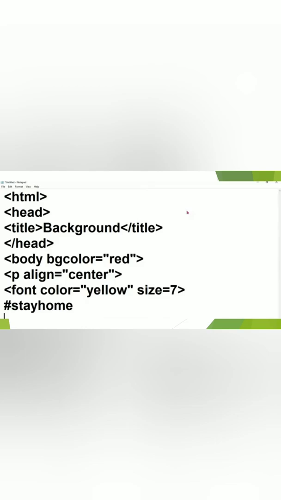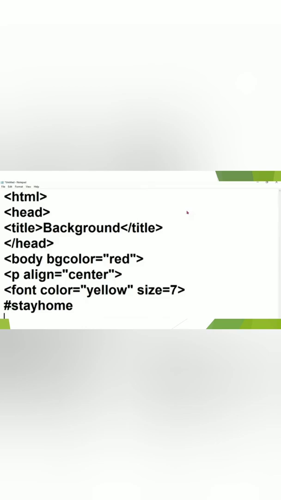Okay, so I want my font in a different color instead of black. So for example yellow. Okay, I need to bring in a yellow color. Okay students, so in color I write here yellow. Okay, so what should I do? I will use font color.